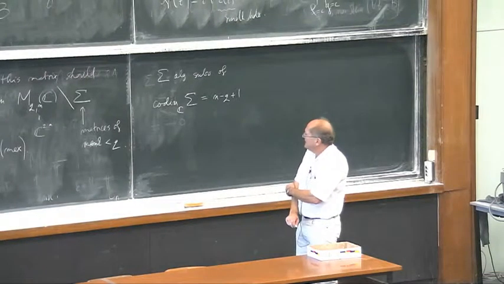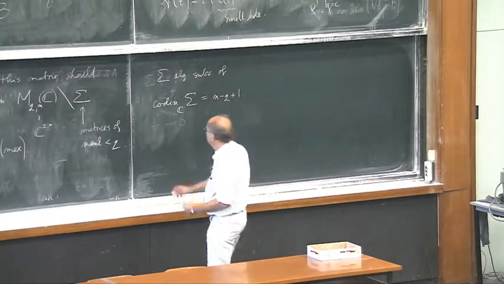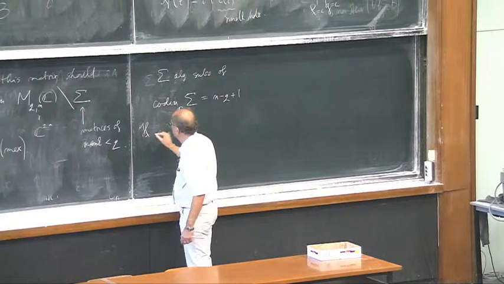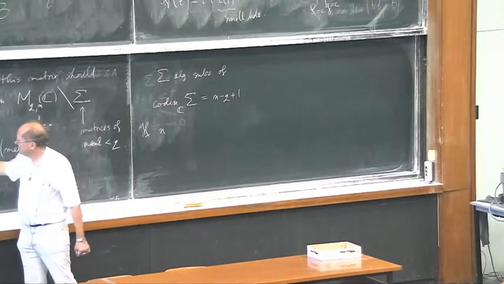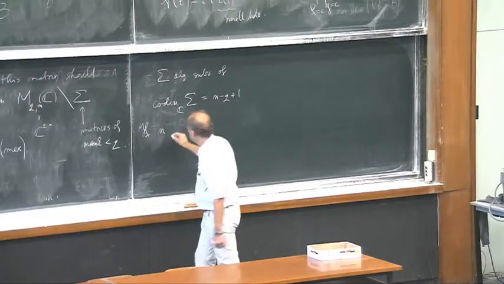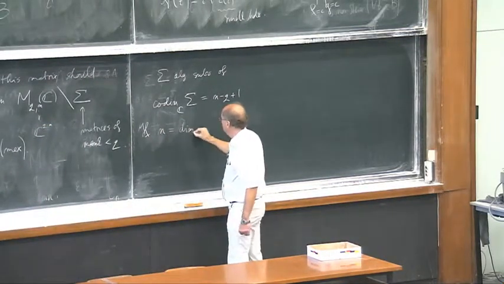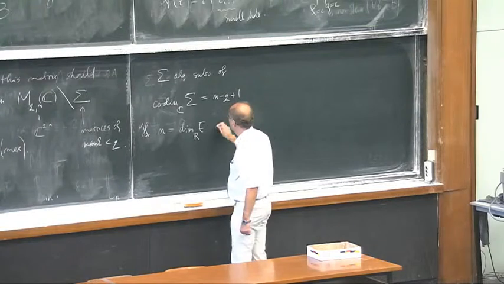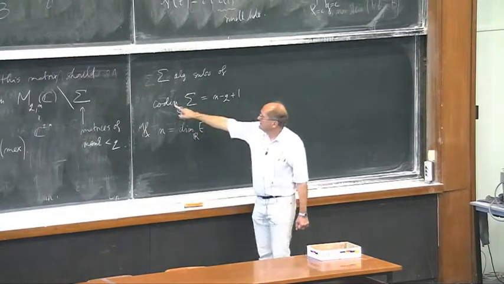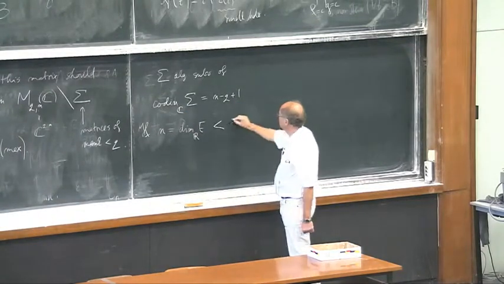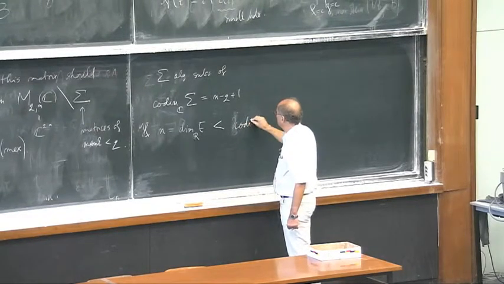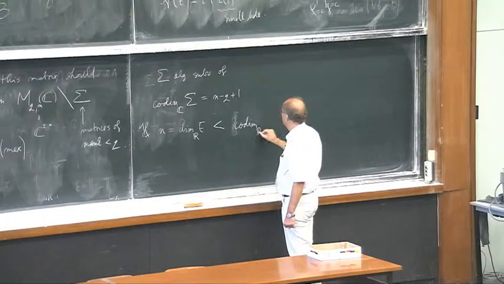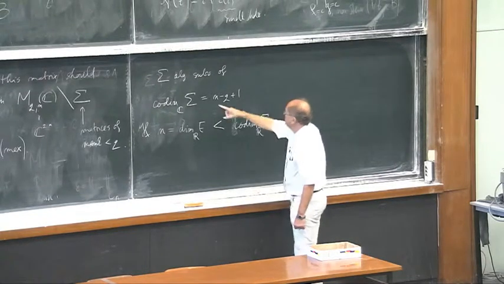Okay, so you see now if n, which is the number of these variables here, which is the dimension of the handle, is less than the real codimension of sigma, so twice this number,